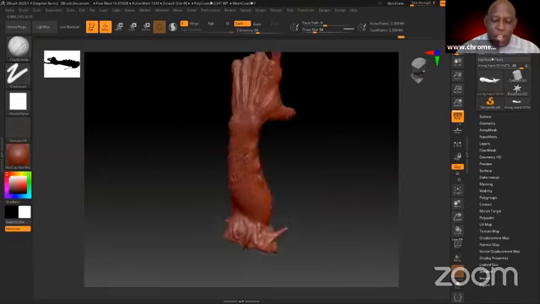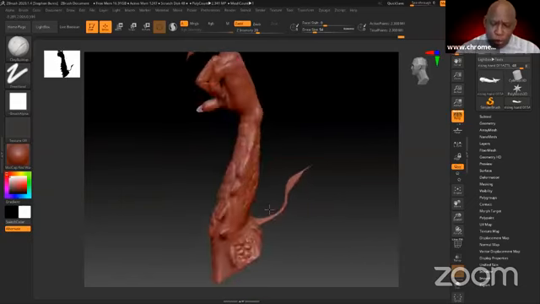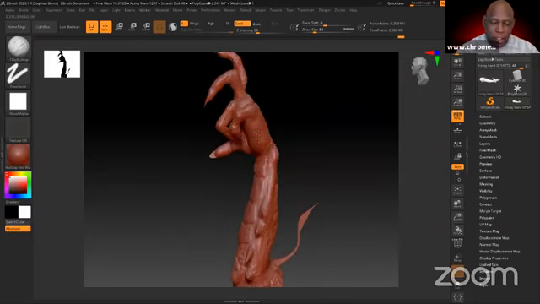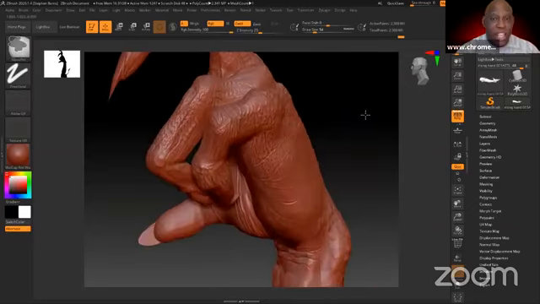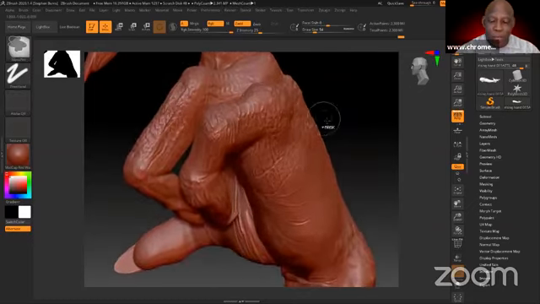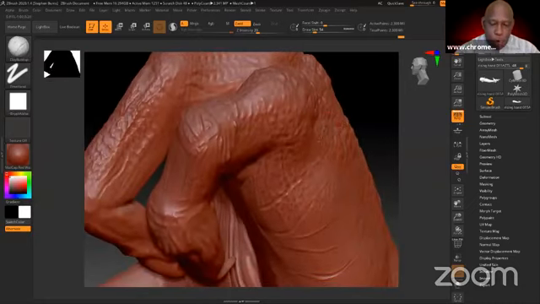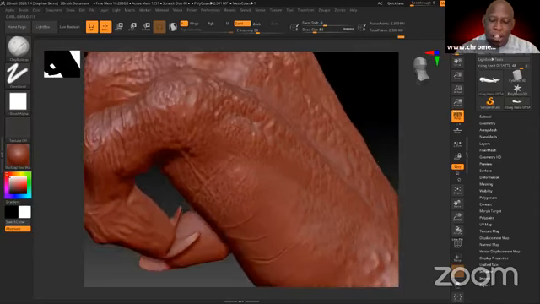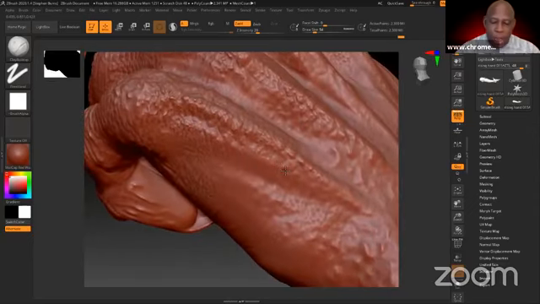So, okay, let's stop playing in ZBrush. We've spent enough time in here. So that's basically what I did. Basically, if we go in here and take a look at the hands, and again, this hand is not finished, but it shows you where I was going with some of the texture. I wanted to create this bumpy lizard-like texture in here.